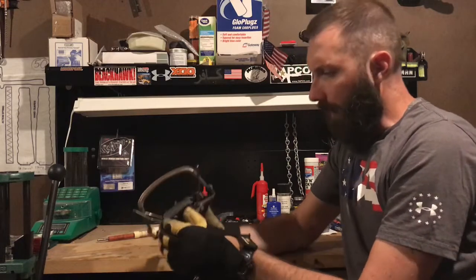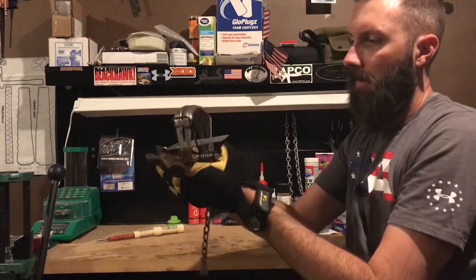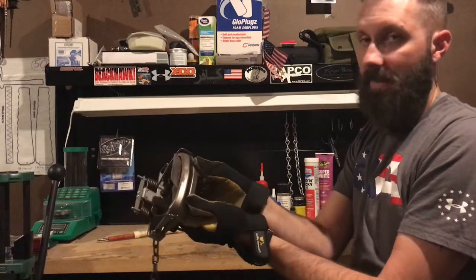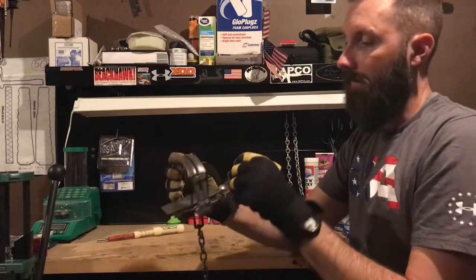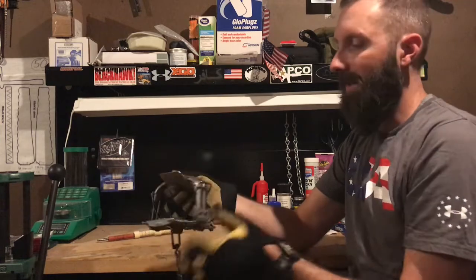But when I first got it, this pan was bent up just a little bit at the tip, so it kind of had a curve to it like this. So I just pulled it up like this and stuck my hands just like that and just kind of pulled on it right here in the middle and bent the pan back down. So it's more level now than it was. So the fact that I could just hold it like this with my hands and pull on it and bend that pan,